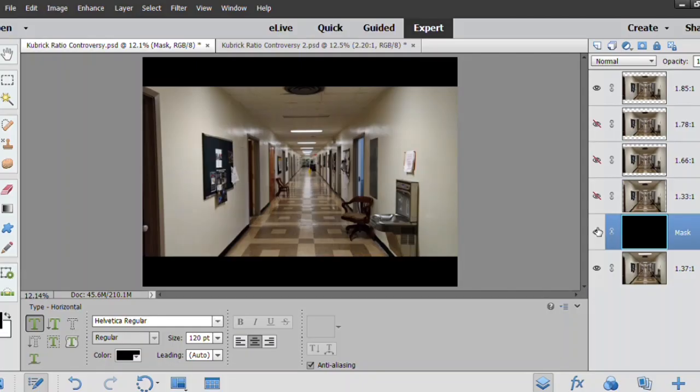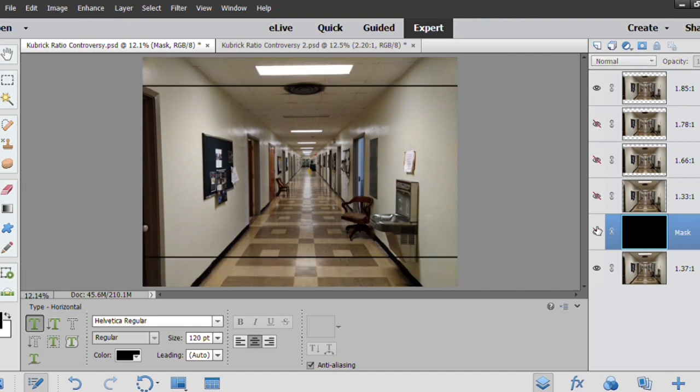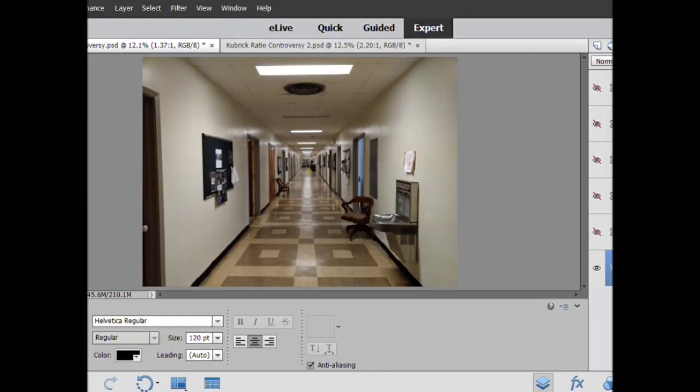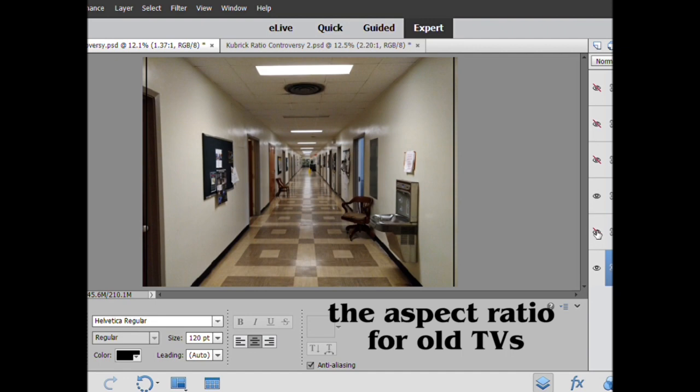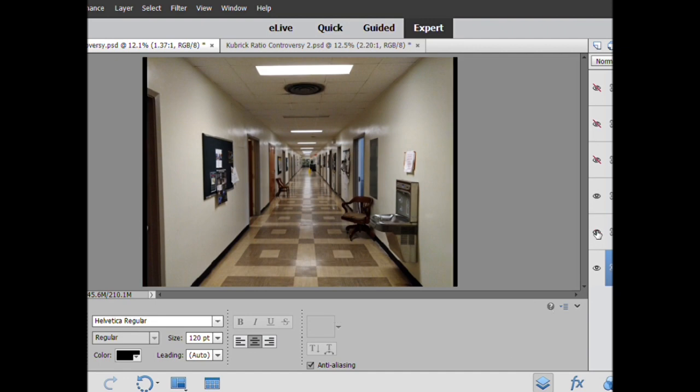So let's get right into all the aspect ratios and whether they're considered right or wrong. We'll begin with the 1.37 to 1, the fully open frame. People will make arguments that this or 1.33 to 1, the 4:3, which is only negligibly different to be honest, would be the correct aspect ratio because it's the full frame of what he shot. And in terms of home video release, this is what he intended.